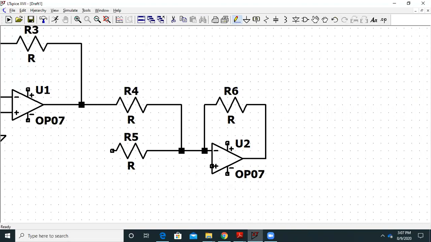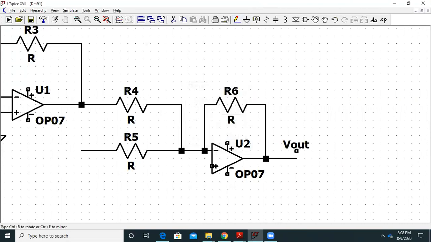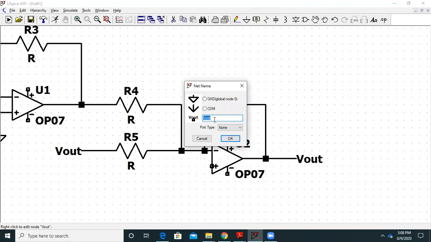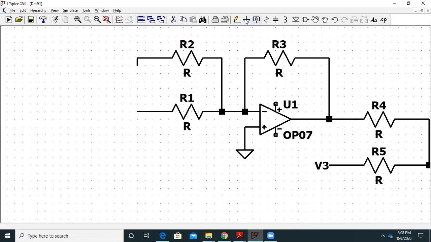Let's also keep some space for this input. I have to take the output, and here I will label it as Vout. This is actually my V3 source, and also we have to label these nodes. Let me just expand it a little more.